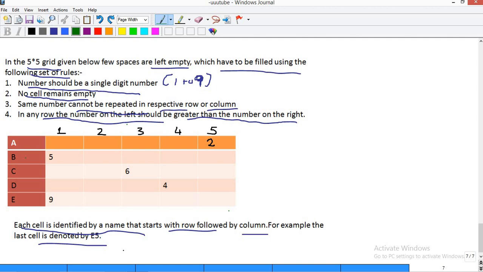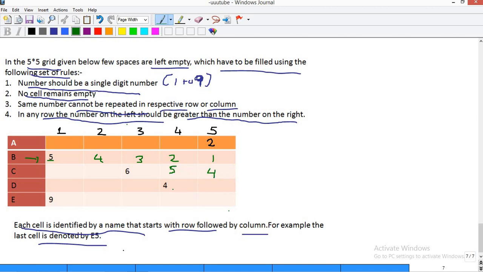So if you observe here row B, this number is 5 and the numbers on the right should be less than 5, so I can say there's only one possibility, that is 4, 3, 2 and 1. Now row C, if you observe the cell C3, it is 6, so on the right of this it should be smaller than 6. Can I take 4 here? No. Why? Because 4 is repeating in the same column, so 4 is not possible. If I take 3 here, I'll get 2 here, so this 2 and this 2, same column, 2 numbers are not possible, so again this case is also ruled out. If I take 2 here, that is again not possible, same numbers, right? So the only possibility is nothing but 5 and 4.